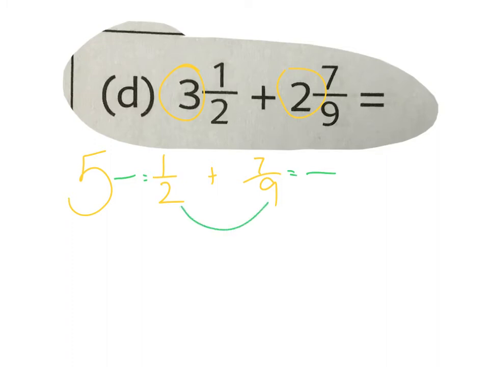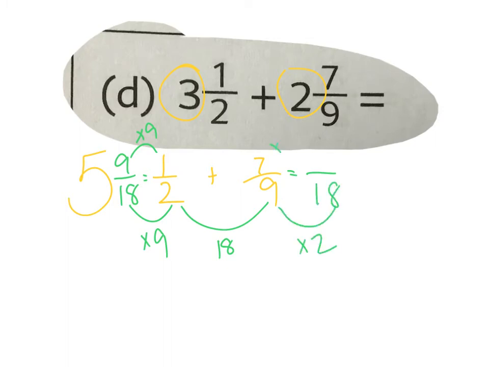And again, I'm just going to do it the easy way and multiply. So that is 18. So I'm going to change half to 18ths. What did I multiply? By 9. So you're going to multiply the numerator times 9. 9 times 1 is 9. 18. What did I multiply to get 18? Times 2. So times 2 is 14. Now don't forget the whole number. I have 5 and 9 plus 14 is